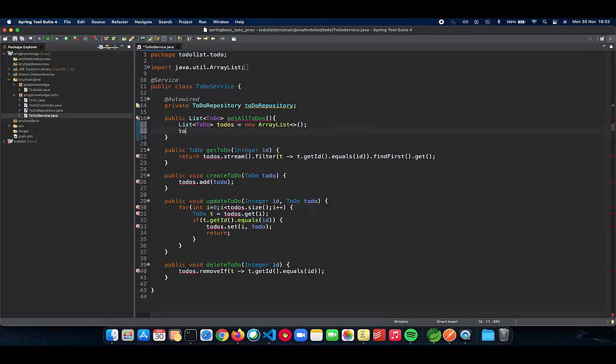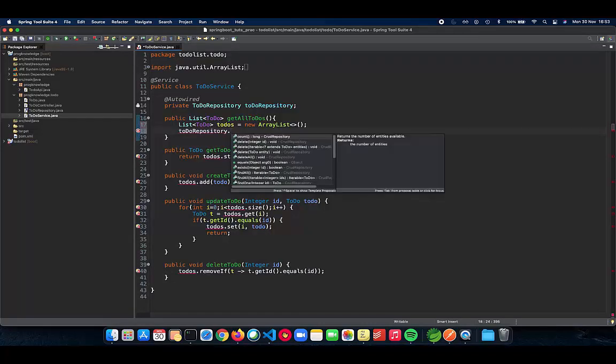So let's see what a to do repository gives us. So to do repository dot, and as you can see we have a bunch of methods here. So we have count, delete all, exist, find all. I think find all basically says returns all instances of the type to do here. So I think find all works the best for our application here. So we'll do find all,